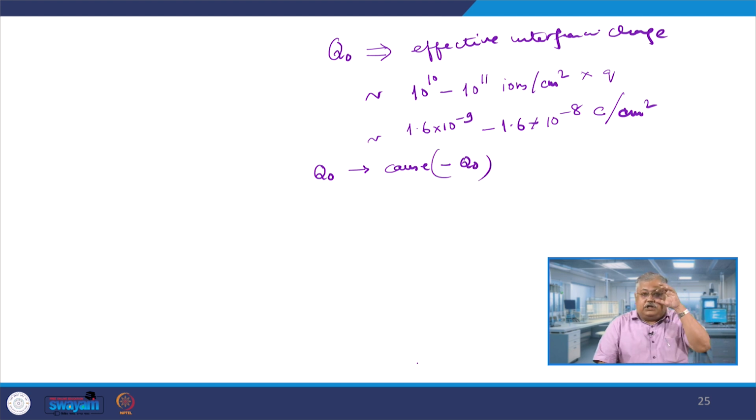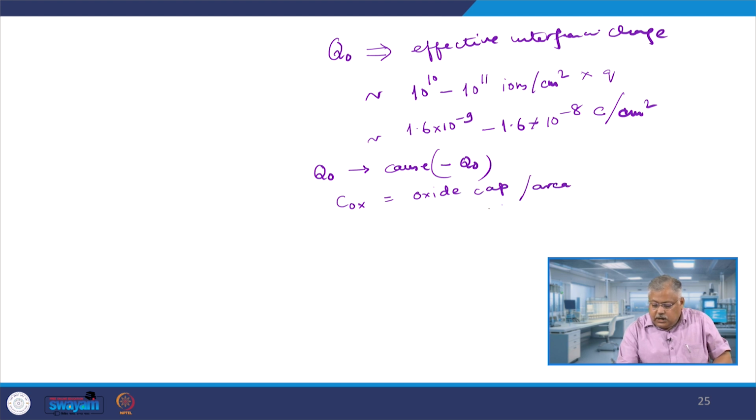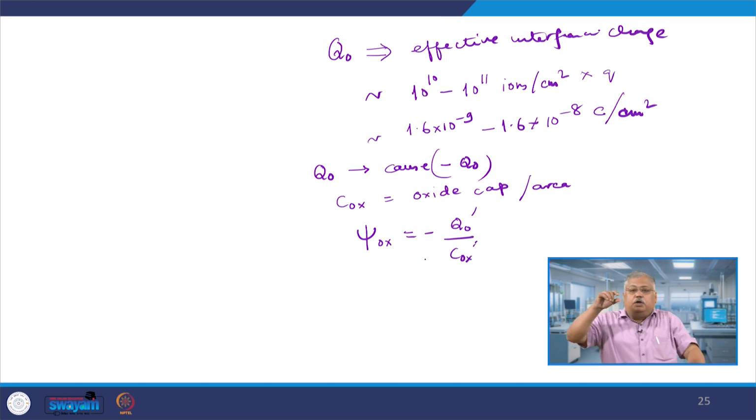So, if you have Q0 effective interface trap charges, a minus Q0 charge will be required by the system to negate the effect of Q0. That is the reason you write it as minus Q0 in this case. So, if Cox is my oxide capacitance per unit area, then I write down a new statement here: psi of ox is equal to minus Q0 prime by Cox prime. So, what is psi ox? Psi ox is the voltage drop across the